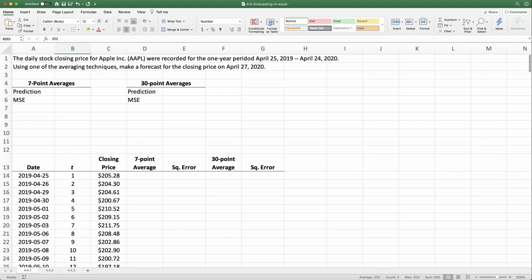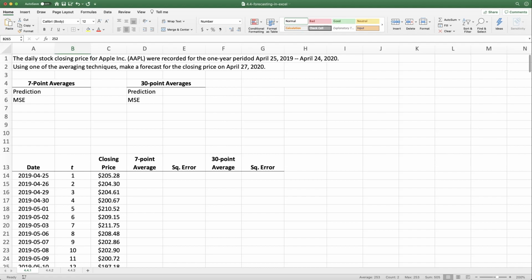In this video we're going to use Microsoft Excel to make forecasts using 7-point moving averages and 30-point moving averages. This is going to represent averaging over periods of 1 week and 1 month. Then we're going to use the mean squared error to choose which of these is the best forecasting model for